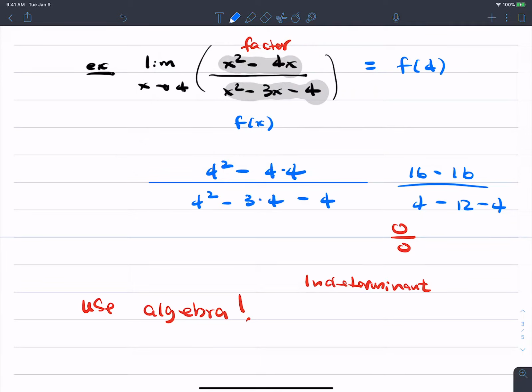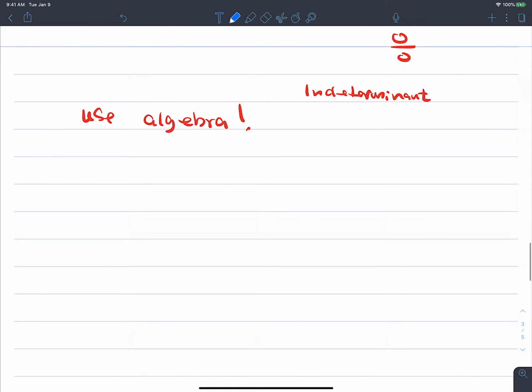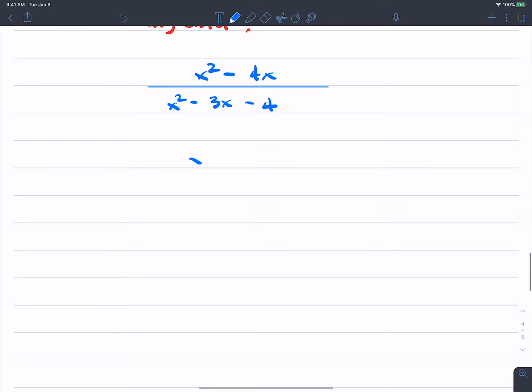In the numerator, we get x squared minus 4x. All we can factor is the greatest common factor. So if I write it down, x times (x minus 4) over, now the x squared minus 3x minus 4 in factored form becomes (x minus 4)